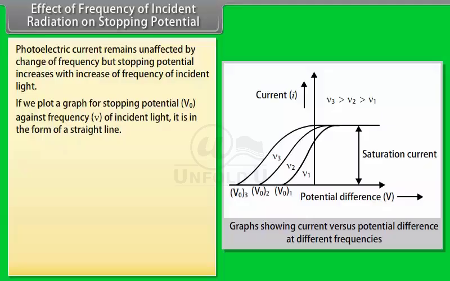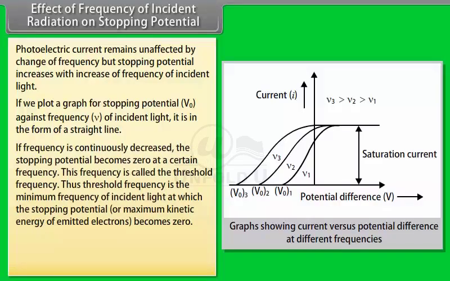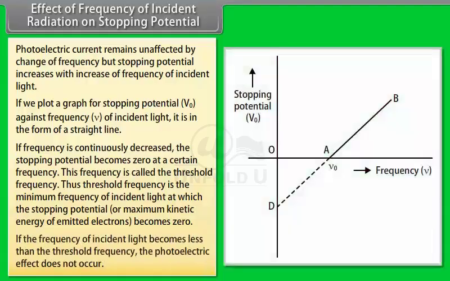If we plot a graph for stopping potential V0 against frequency of incident light, it is in the form of a straight line. If frequency is continuously decreased, the stopping potential becomes zero at a certain frequency. This frequency is called the threshold frequency. Thus, threshold frequency is the minimum frequency of incident light at which the stopping potential or maximum kinetic energy of emitted electrons becomes zero. If the frequency of incident light becomes less than the threshold frequency, the photoelectric effect does